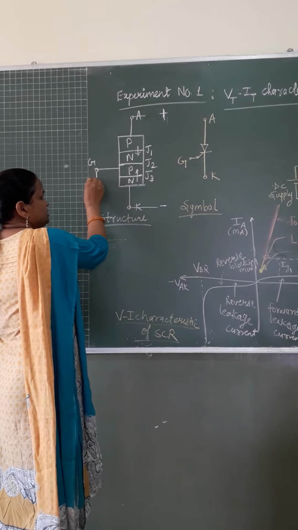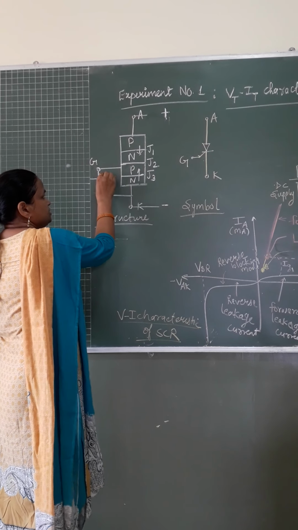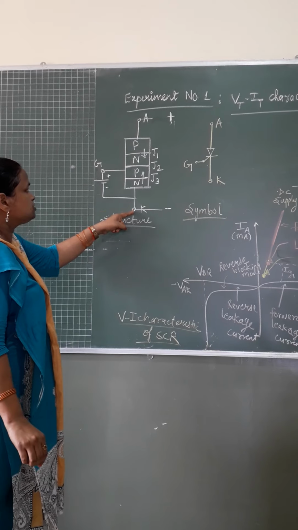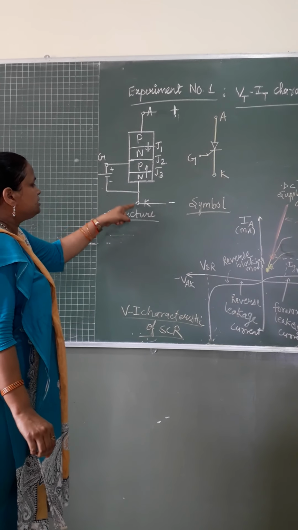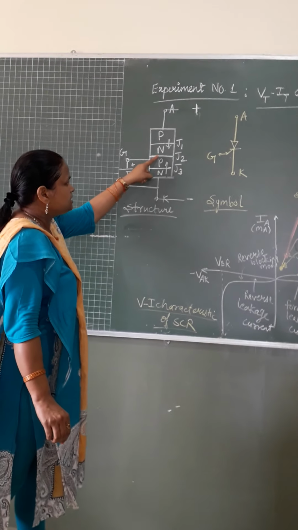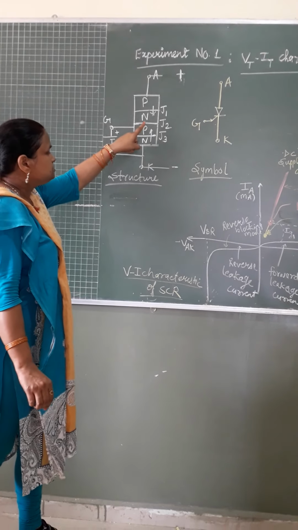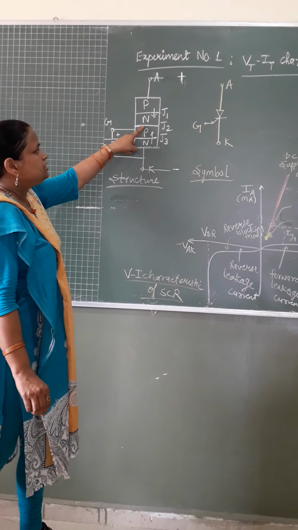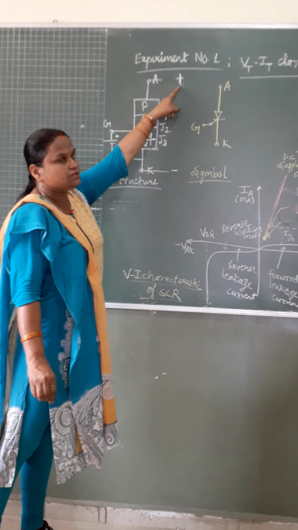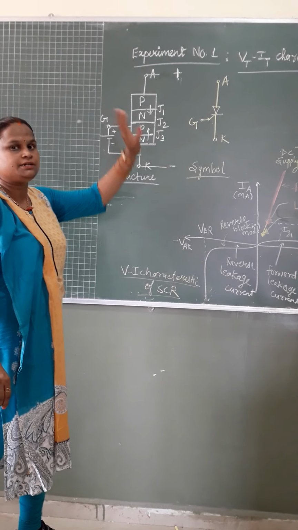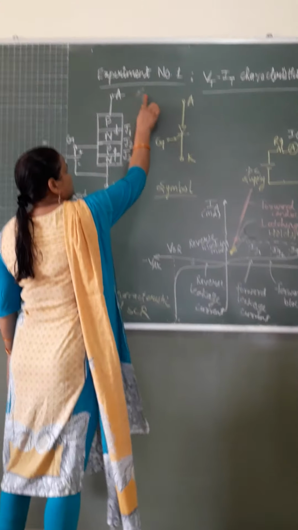So here the gate supply has to be given. The moment a positive signal is given to the gate with respect to cathode, where cathode is common for anode and gate, acting as a ground terminal, positive charges, extra carriers, will be bombarded and J2 will be broken down. When the device is brought into conduction by applying a positive signal, that particular conduction is termed the forward conducting state.